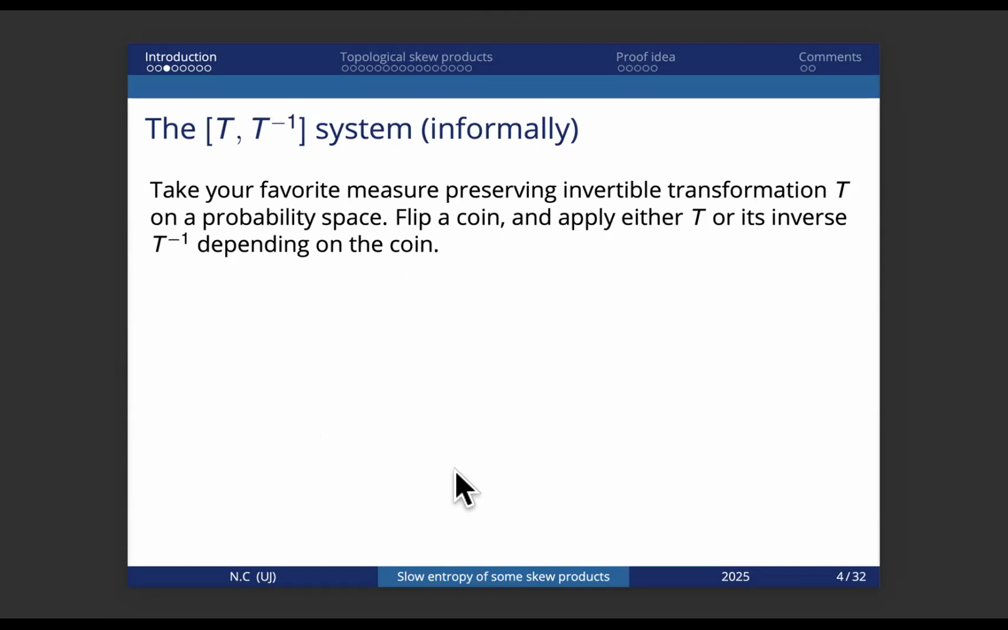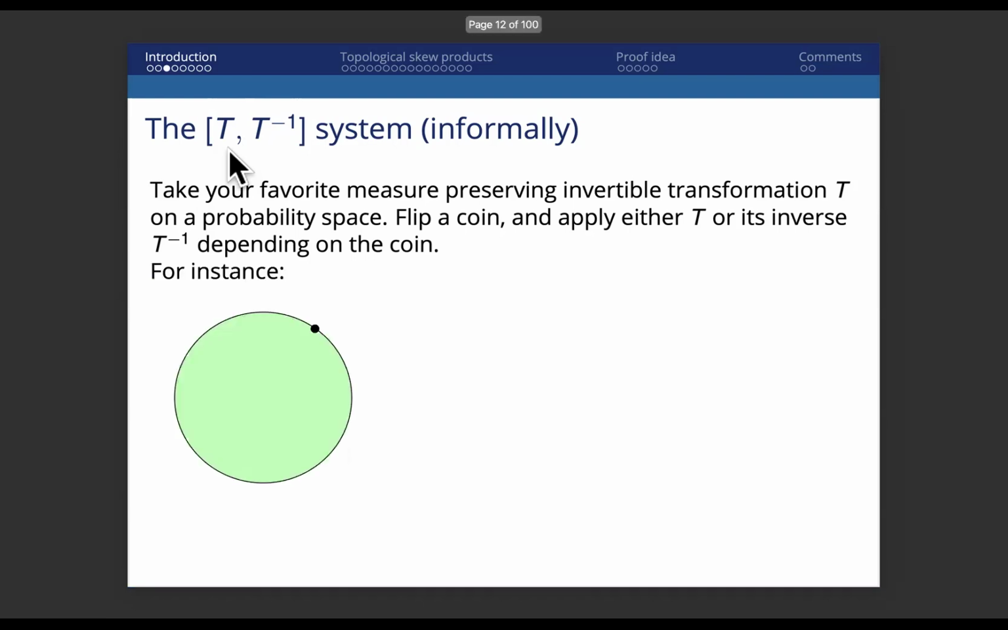So I will informally talk about the T, T inverse system. So you take your favorite measure preserving invertible transformation T on a probability space, and then you apply randomly T and T inverse. That is the reason of the notation. So you flip a coin, and depending on what happens with the coin, you apply T or the inverse of T. So for instance, if your favorite transformation is a rotation,